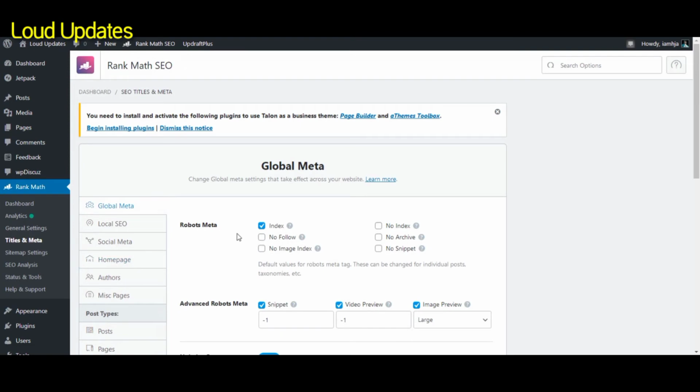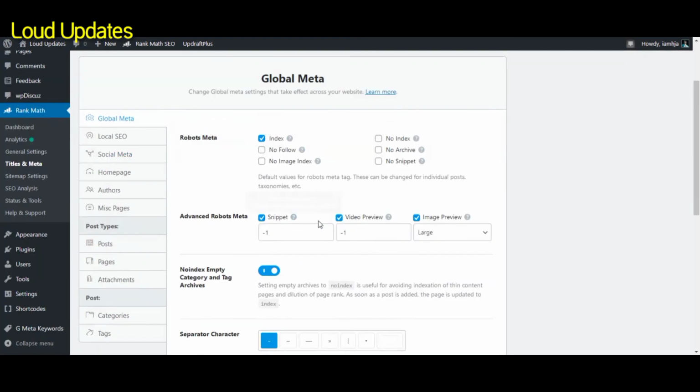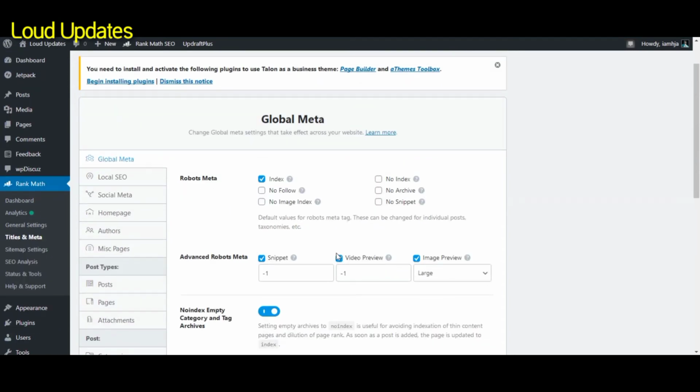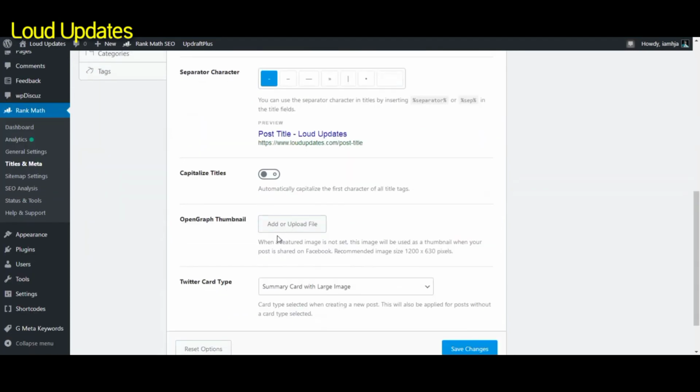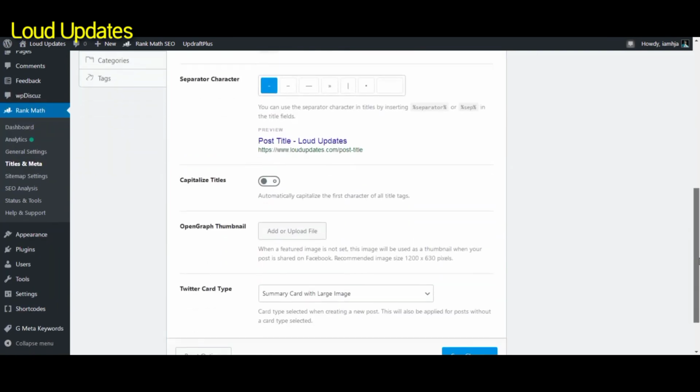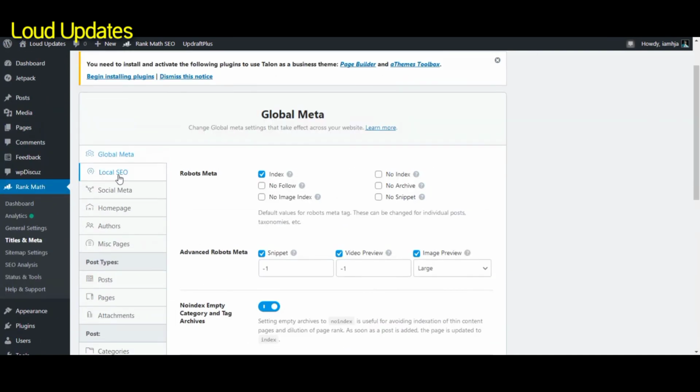Now next is title and meta. Don't make any changes if you don't understand, because the default RankMath setting is good. If you want to add some special characters, but you don't understand how to customize, I recommend you keep the default RankMath settings and don't change anything.